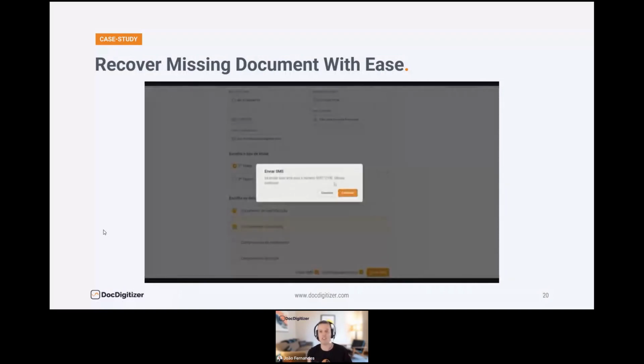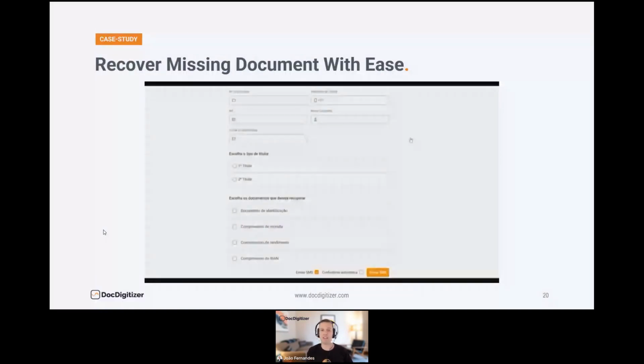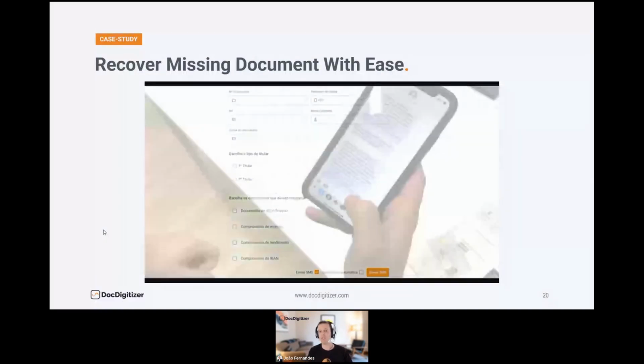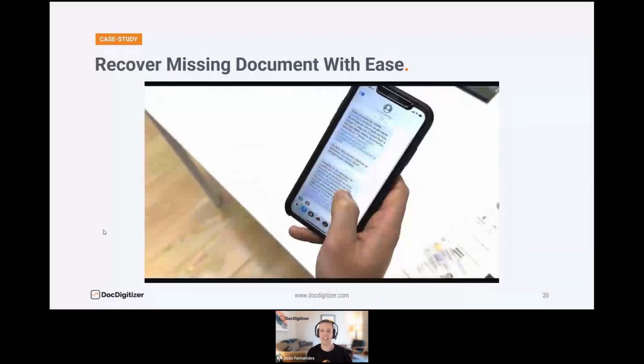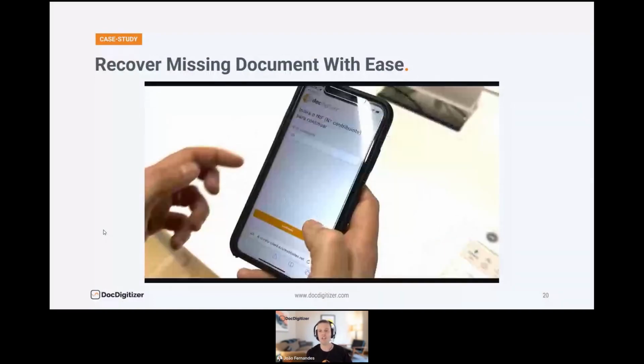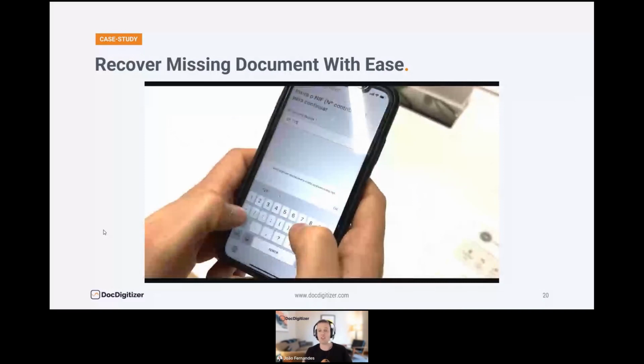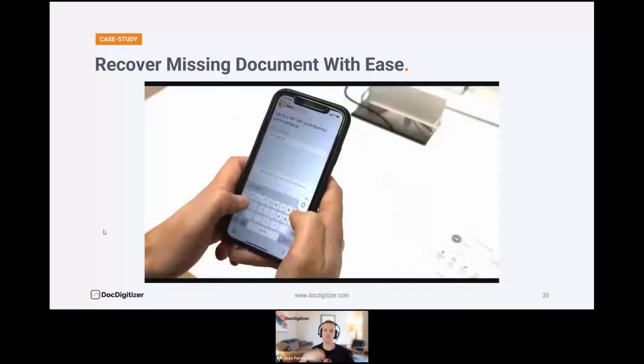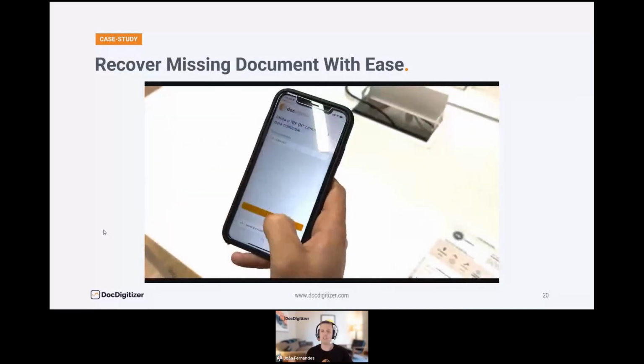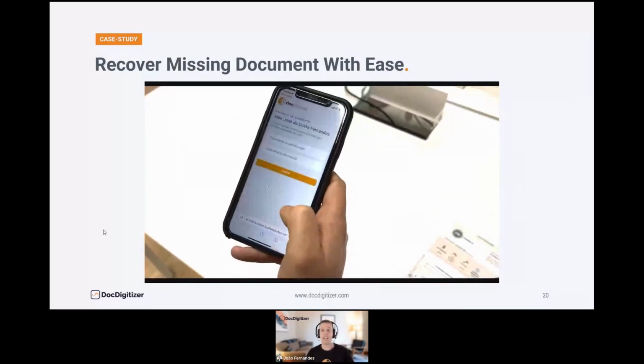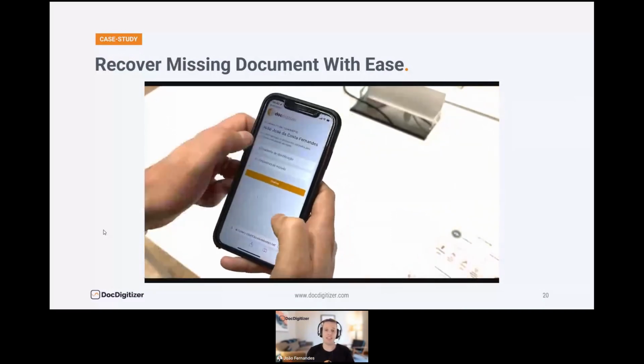So what you are seeing here is basically a gateway that enables you to send SMS to your customers. They will receive an SMS. They will just scan through their smartphones their documentation, ID cards, passports, payslips, address proofs, invoices, bank statements,